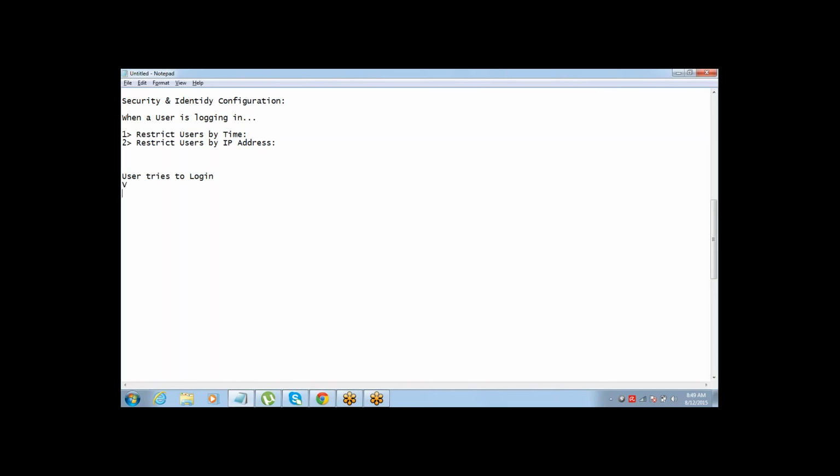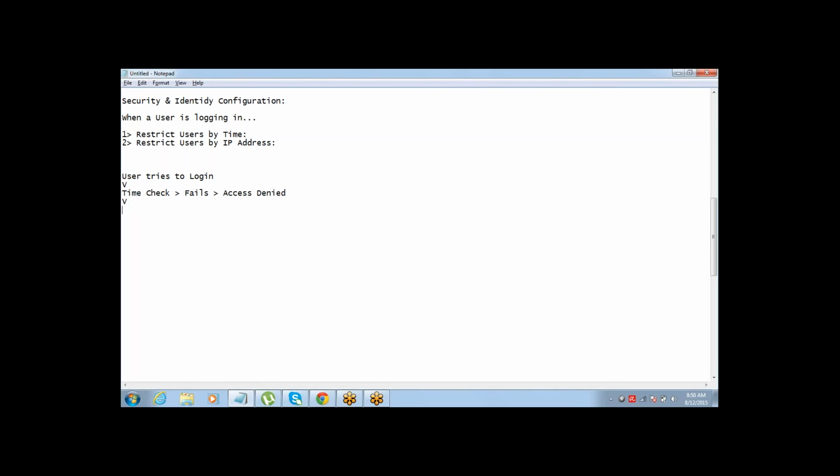Salesforce performs a time check. If this time check fails, access is denied. Whenever a user tries to log in, Salesforce will check whether the administrator has put a time restriction on that user or not. If the time check fails, the access for that user is denied. The user is straight away denied access, and told that you cannot log in because you are not permitted to log in at this time.